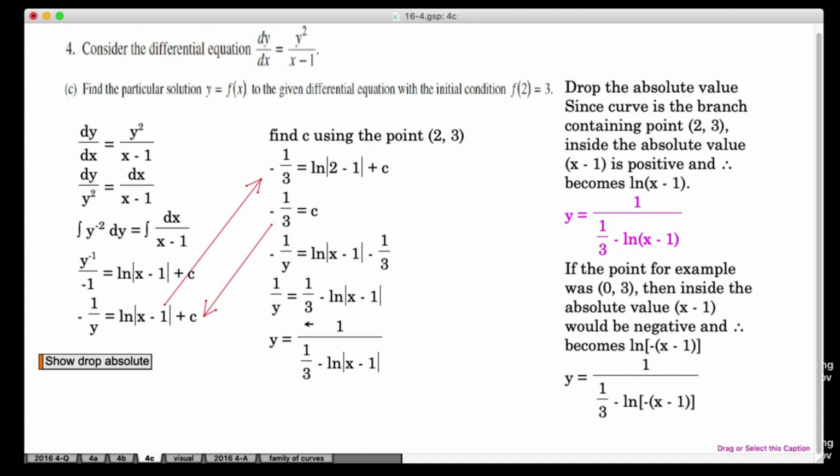So to solve for y, the only thing I'm going to do is I have 1 over y here, so I'm going to take the reciprocal of this side, which is y. I take the reciprocal of this side. It must be the reciprocal of the whole thing, so it's 1 over the entire expression. Okay, so here's my equation, but I didn't get the whole point yet,